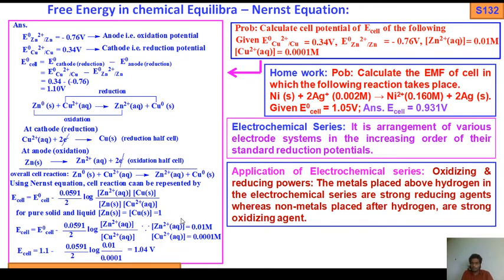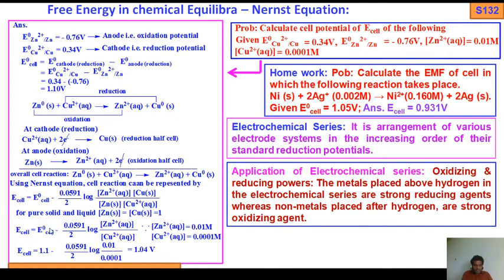So E cell equals E naught cell minus 0.0591 by 2 log of the molar concentration of Zn2+ aqueous by the molar concentration of Cu2+ aqueous, using the given concentrations: Zn2+ 0.01 molar, Cu2+ aqueous 0.0301 molar. Just putting the values, we get 1.04 volt,